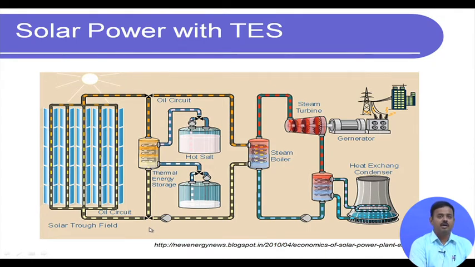All right. Now, what happens during night? During night there is no flow from here. So, therefore, the oil actually flows in this direction, where the salt right now releases heat to the oil, clear. So, the salt starts flowing from the top container to the bottom container, and the oil moves up like this